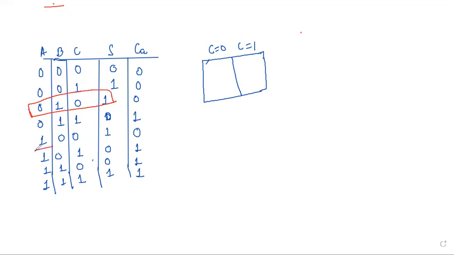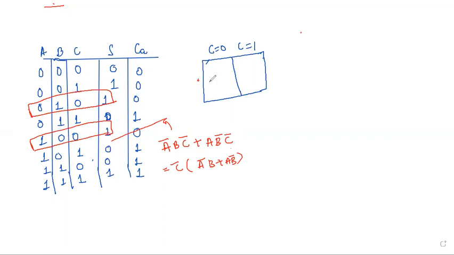Then again, in this also, you can get it from the expression also. You can write the canonical expression there also. So there are two terms. The first term is A bar B C bar, and the other term is A B bar C bar. So C bar is what we have taken in common, and what we are left with is A B bar plus A bar B, or I can write A XOR B.